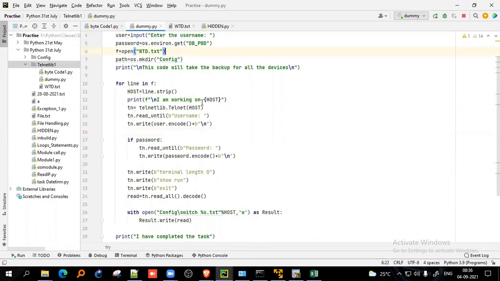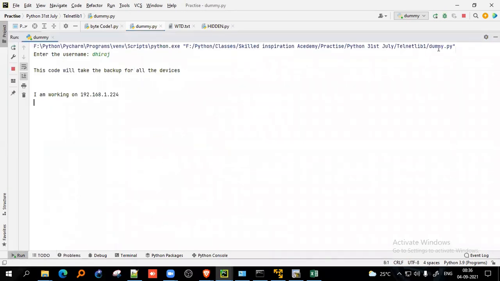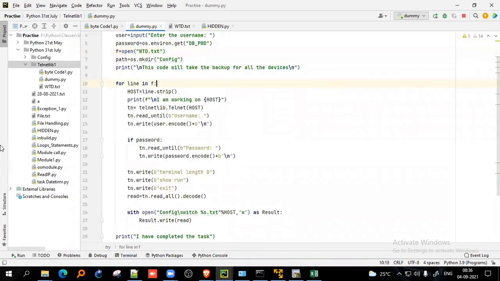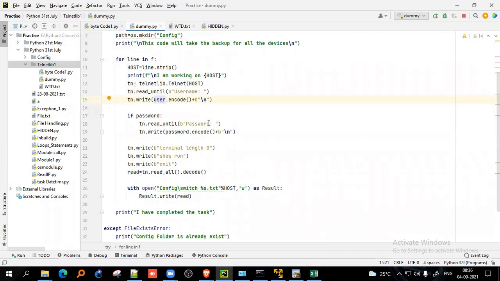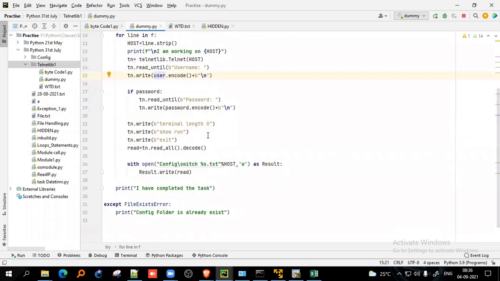I think it is not creating the file. So then yeah, check the print of the configuration here. We will check line by line now. It is challenging me as well. It is not telling whether the tn.telnet lib is correct. This is also correct. Correct.